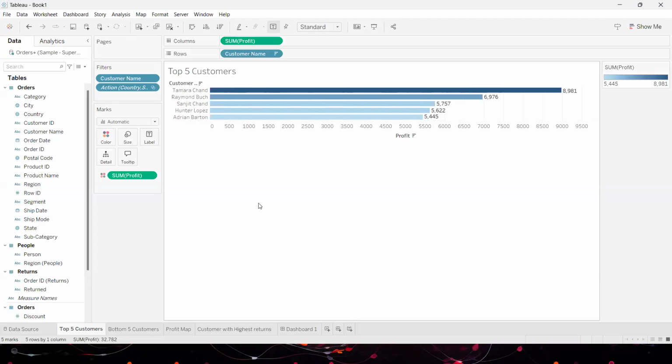The training covers all the aspects, right from installing the tool to deployment of the report or the dashboard on the cloud or on the server. So both, whether it is Tableau or Power BI, everything is covered end to end.